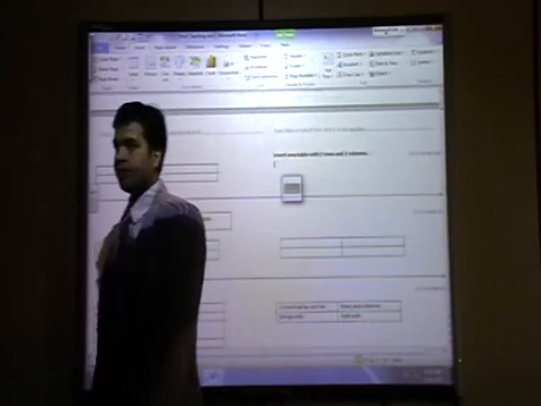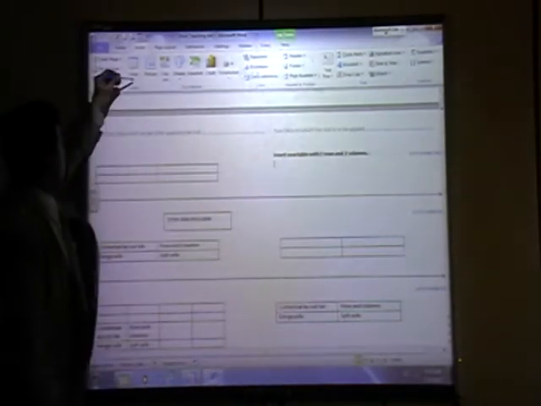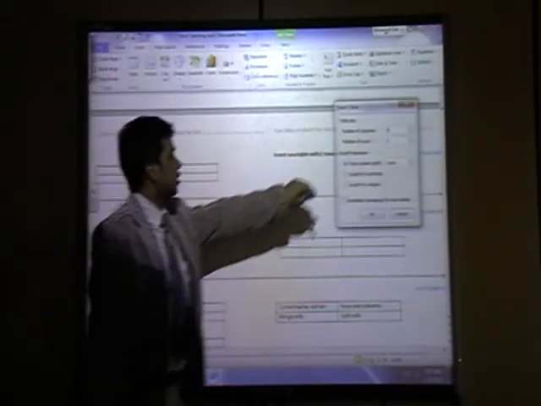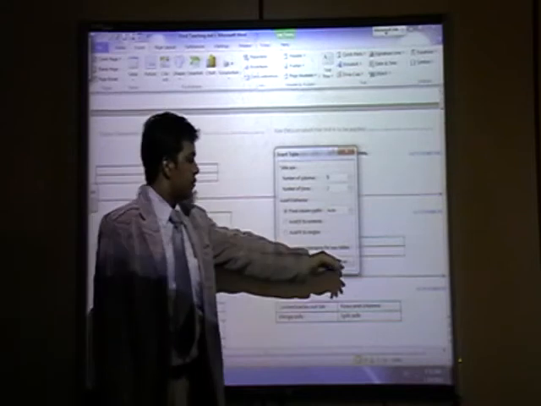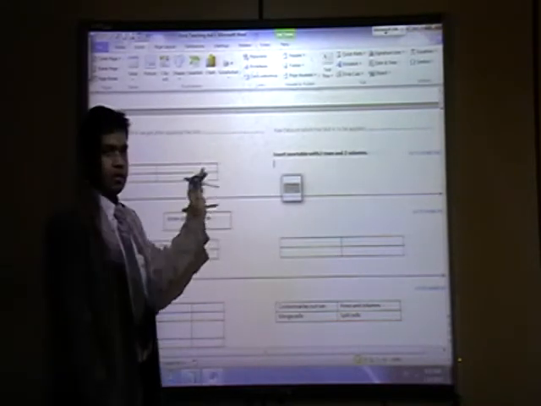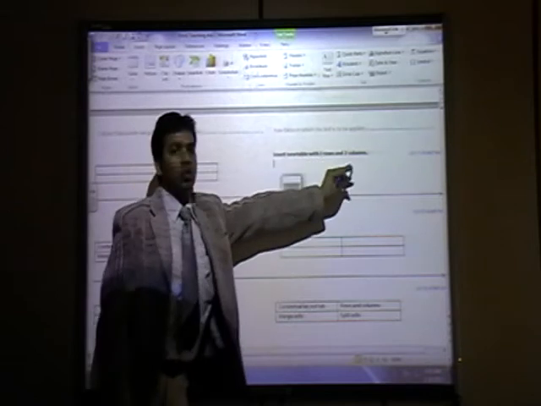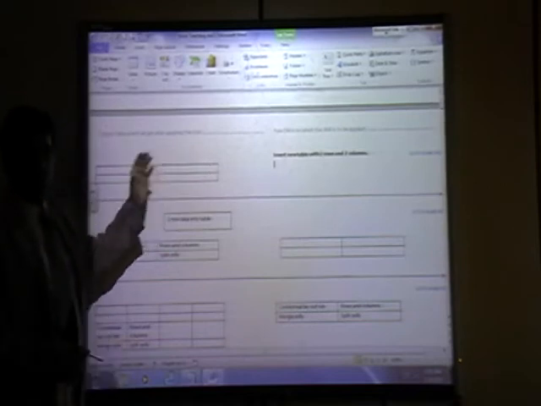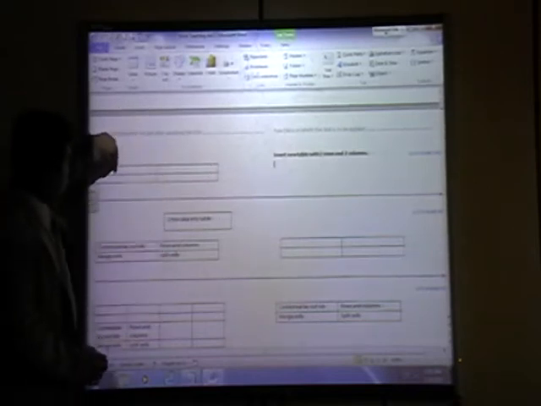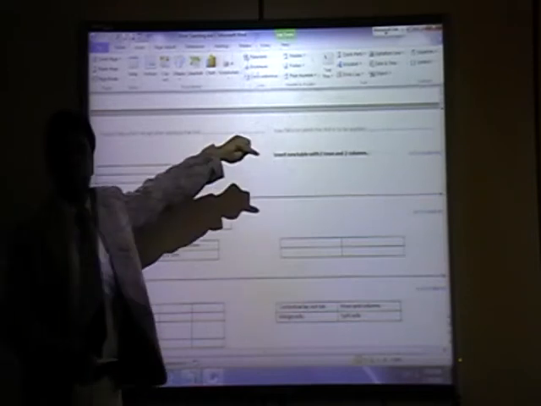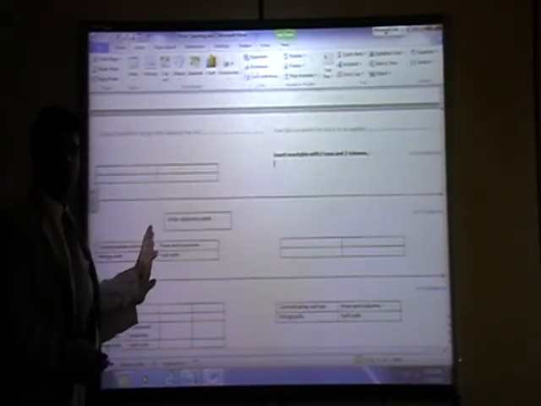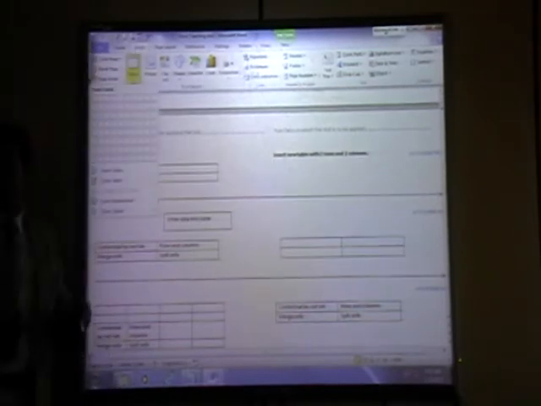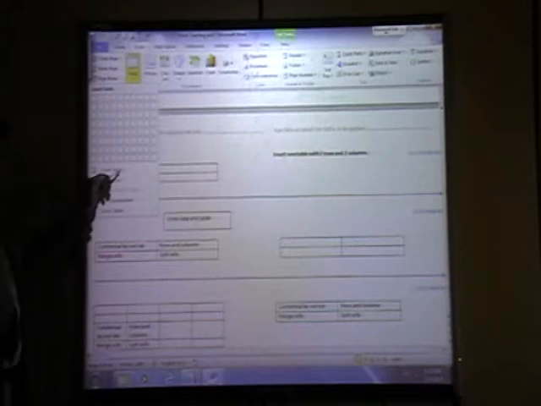Go to insert menu, click on table, click on insert table. Yeah, like this again you can see. Here we need to insert 2 rows and 2 column. What is row and what is column? This is row, okay, and this is column. Can you see how many row is there? 1, and this is 2 row. How many columns are there? 2. How to insert? Go to insert, and here is table. Click on table, then click on insert table.